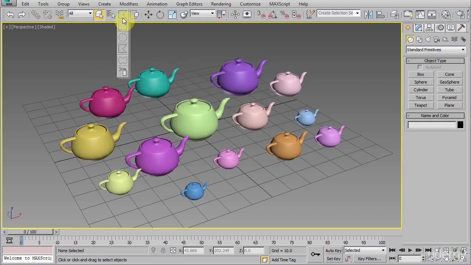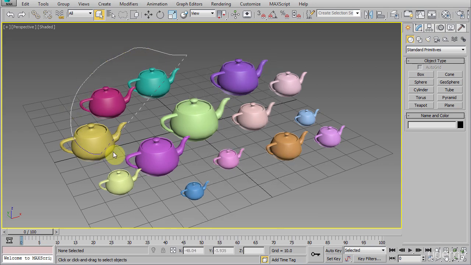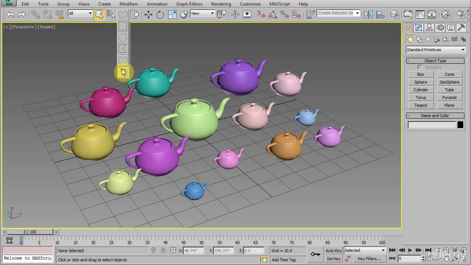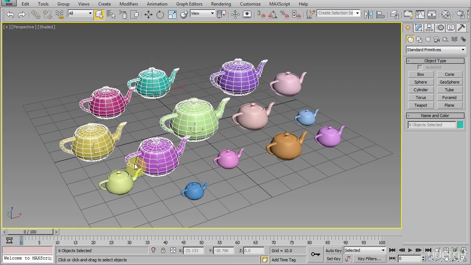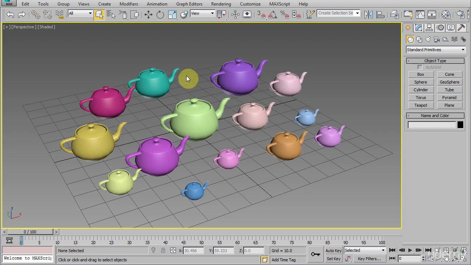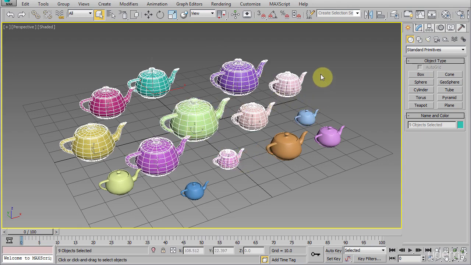The next one is the lasso region mode. If selected, to create a selection region, you simply click and hold and then drag to draw the region like so. After you release the mouse button, the selection will be made. And the last one is paint selection mode. It works like a paintbrush, but instead of creating paint, it will create multiple selections. So if you click and hold and just move your mouse across the viewport like this, notice every object that is touched by the cursor will be selected. Again, I need to mention that these modes can be used in conjunction with Ctrl and Alt keyboard shortcuts to add or subtract selection as we mentioned earlier.